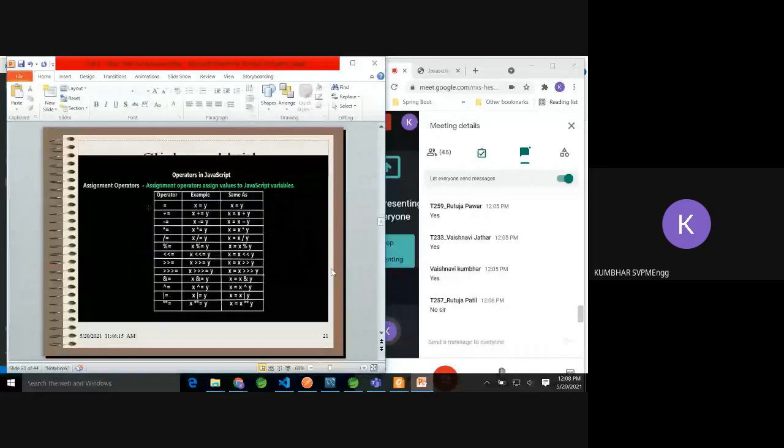Let's move ahead then. Assignment operators. Assignment operators assign the value of one to another. So the equal to operator, x equal to y: the value of y will get assigned to x. Plus equal to can be written as x plus equal to y. It means that x equal to